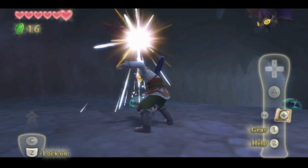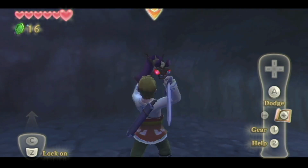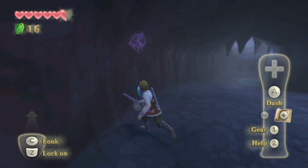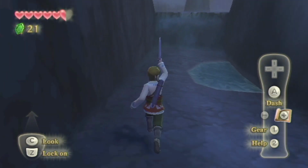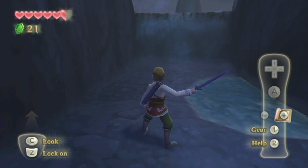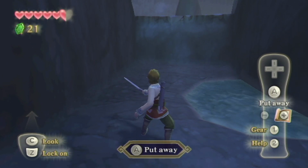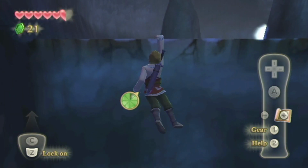But at the end of the day, Wii Sports Resort is more of a fun minigame showcase than a full-fledged Nintendo blockbuster, so let's take a look at Skyward Sword now to get an idea for how Nintendo used this technology in one of their mainline games. And like you'd probably expect, in Skyward Sword you have free control of your sword thanks to the Wii MotionPlus. And Nintendo took great advantage of this fact by incorporating many enemies and puzzles that require the precise control of